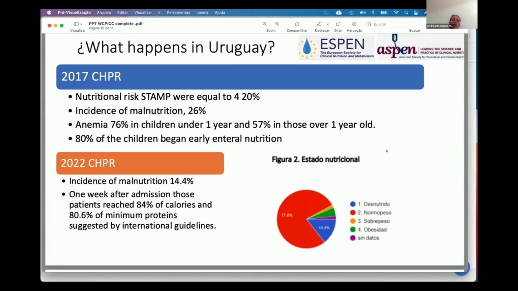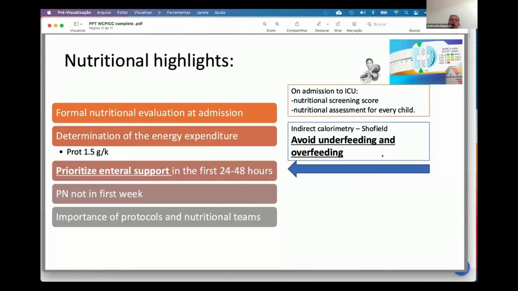The last one, Arthur. And just to summarize some nutritional highlights, it's important to make a formal nutrition evaluation at admission. We have to check if it's needed to perform routinely the assessment for every child. First, a nutritional screening score to select the high-risk kids is very important to determine the energy. There are just few units that have indirect calorimetry, so the Schofield formula is what we use. We need to avoid underfeeding, but also overfeeding,